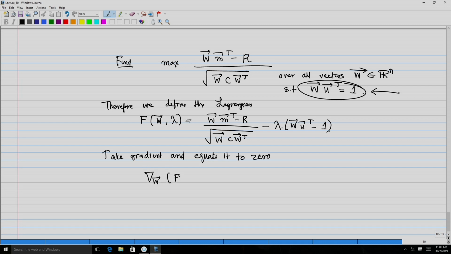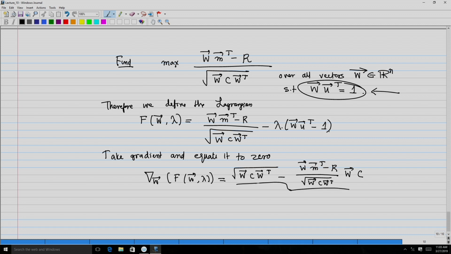The gradient with respect to W of f of W, lambda is the square root of W C W transpose minus (W m transpose minus r) divided by the square root of W C W transpose, into W C, divided by W C W transpose, minus lambda u, is equal to 0,